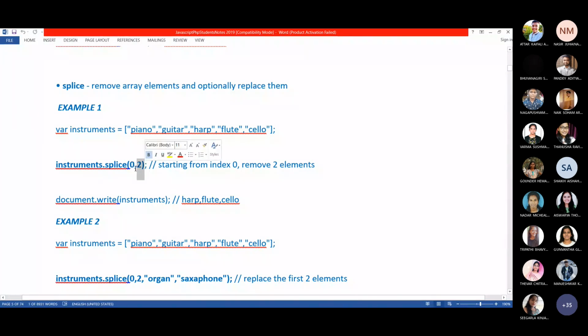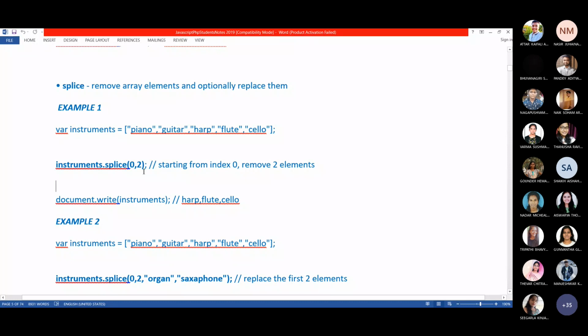But these 2 parameters are used within the splice method, not the slice method. If you use these parameters in the slice method, that acts differently. Within the splice method, like slice, the first parameter is the index of the element, the second parameter is the number of elements. So you have to take the 0th element, which is piano.